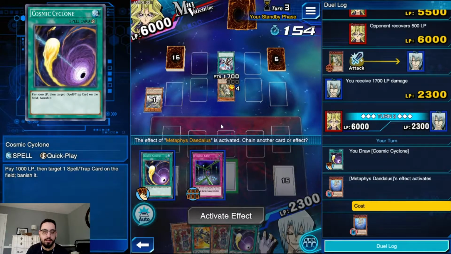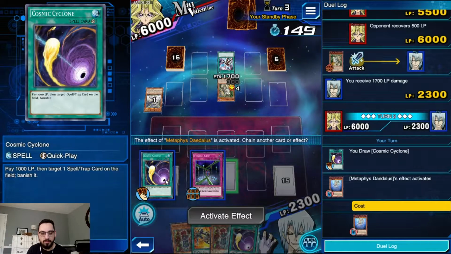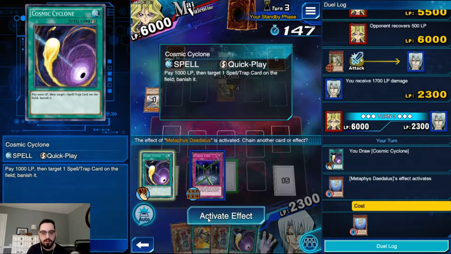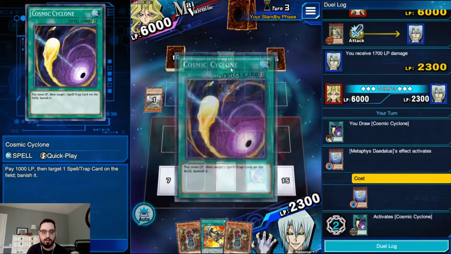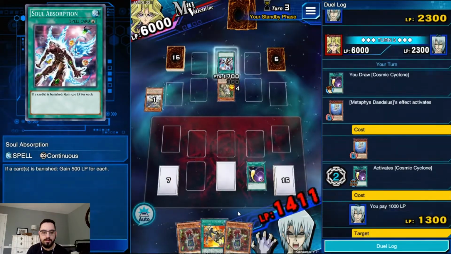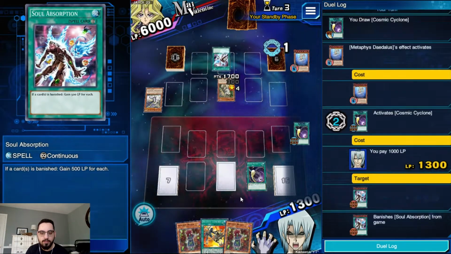So he's going to Daedalus here. I think I just want to Cyclone the Soul Absorption just to stop him from gaining more life points, because we can discard both of these Mirages and still have our combo. So I'm just going to Cyclone this Soul Absorption here. Feels bad because Soul Absorption doesn't really do anything, it just gives him life points. But I'm trying to kill him, so